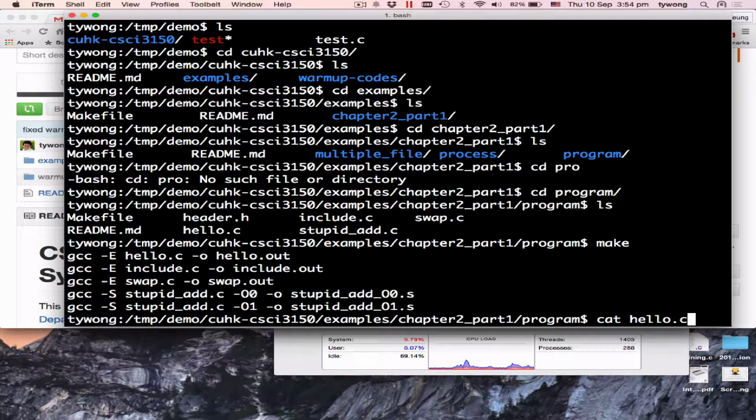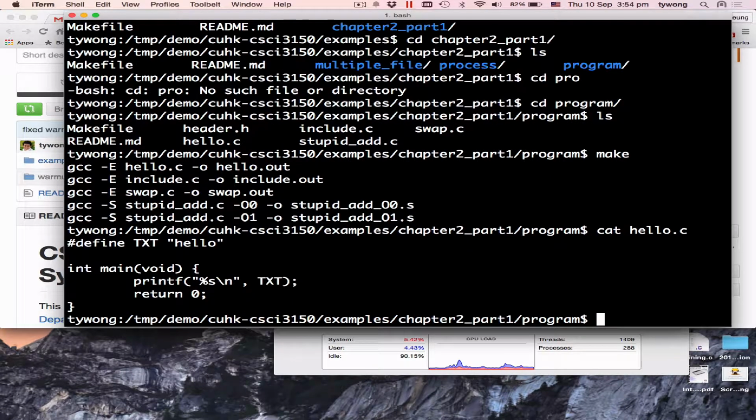I love this command cat. How many of you don't know cat? Yeah, you know dog, mouse. Cat means just dump the file content and put it to the screen. That's all. Then I said that I will use the preprocessor to convert all the defines.